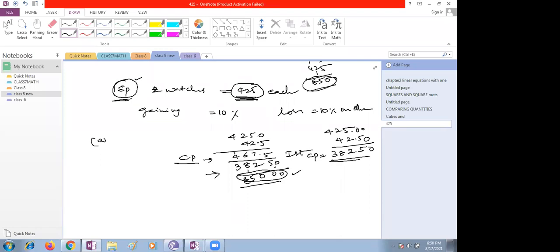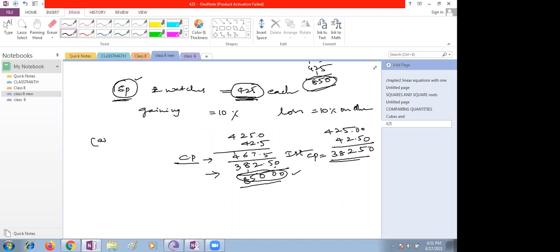What is this price? Can we take it as cost price over here? The loss, whatever the loss happens in that, we can take it as a cost price. Suppose the person bought it for rupees 467.50, but he sold it for 425. Then only he will get a loss, right? Yes, Shreya, you just see there is a loss. So the cost price of this watch is 467.50.